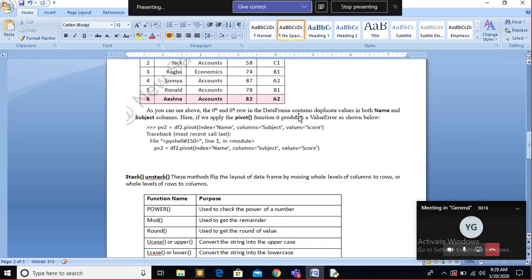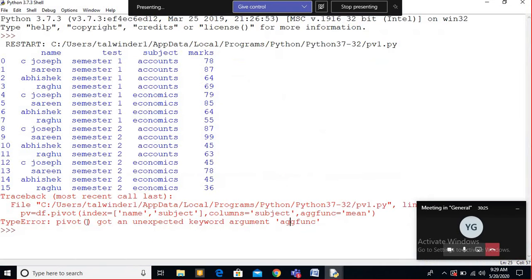Traceback, most recent call last, same as the error displayed here.